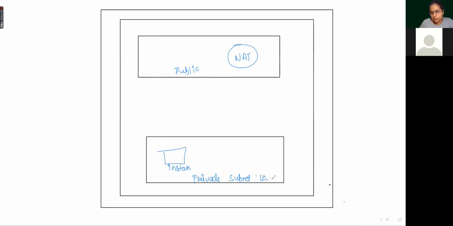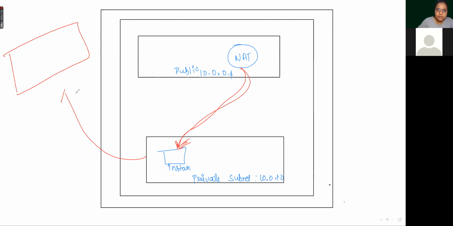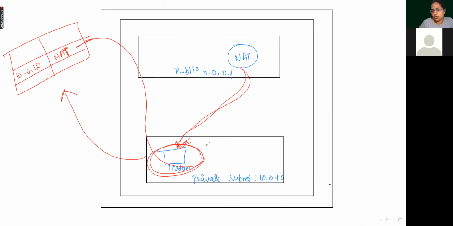Having IP 10.0.1.0. And here the IP is 10.0.0.1, say. Okay. Now, what we have done: we have associated this NAT with this public subnet, right? As soon as we connect it with this subnet, there is a routing table for this private subnet. So they will specify that 10.0.10 is associated with NAT. So as soon as they check this in the routing table, they will allow this EC2 instance to connect with